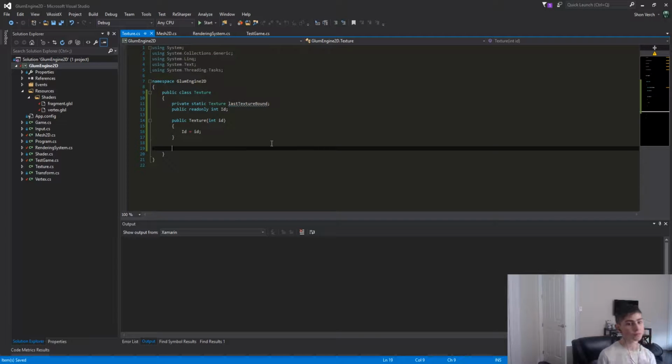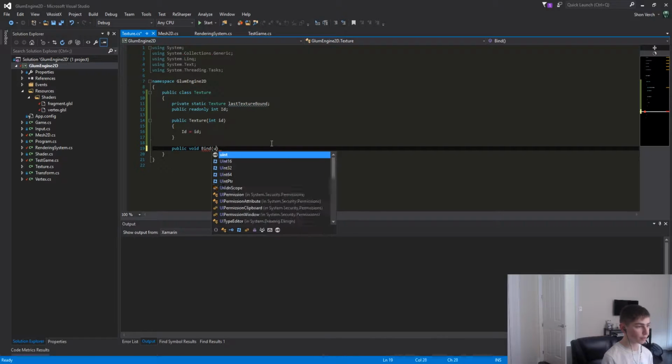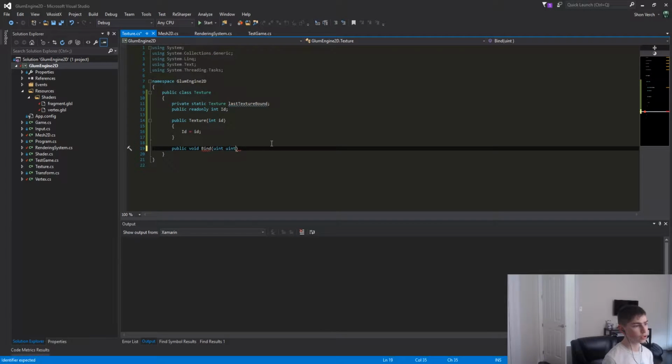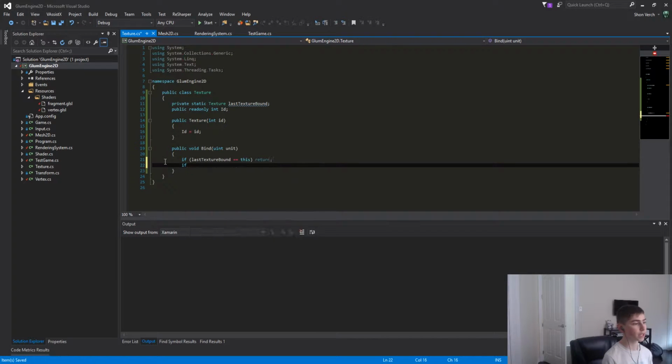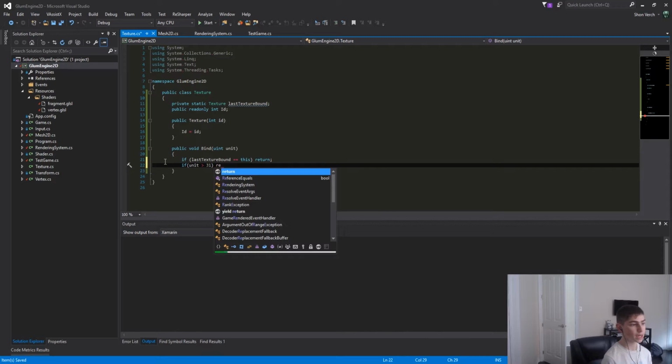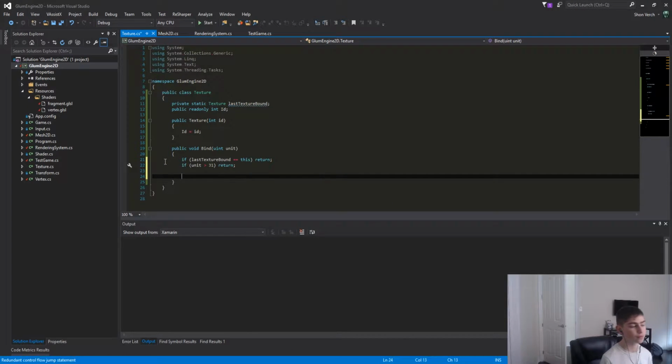So, the next thing we want to do is we want to have a public void bind. And we want to have a uint unit. So the unit is essentially the slot we want to bind the texture to, and this is very important because OpenGL supports up to 31. So we have to say if, first of all, last texture bound is equal to this, get out of here, we're going to bail, we don't need to bind. At that point, we're going to say if unit is greater than 31, get out of here, because this is out of range. So then after that, we're going to say GL